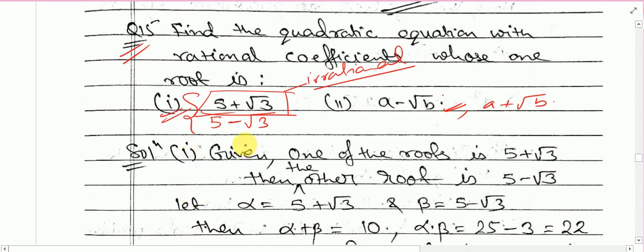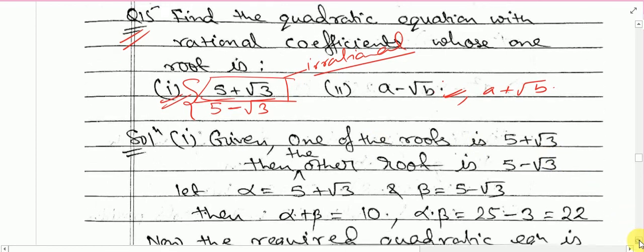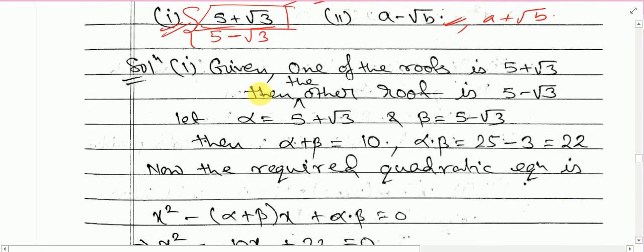Okay, so I'll just show you this. I've already solved it. Here the given root is this, which is an irrational root. So the other root will be what? The conjugate of this. If here it is plus, then this will become minus. Like here it was minus, so the other root will have plus over here. Since it is irrational, the other root will be just the conjugate of that. That's how you get the two roots.